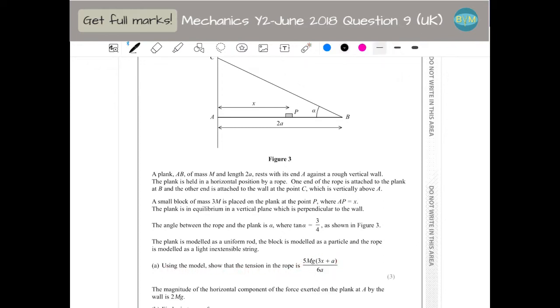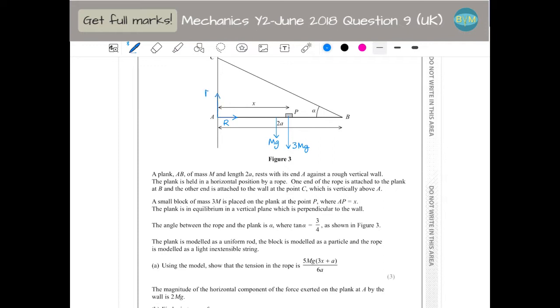First of all, like all of these questions, draw all the forces that you have acting on the plank. On the plank you have its own weight in the middle. Let's say this is the middle, it is mg. Then you have this block, which is 3mg. Then you have the normal reaction from the wall, pointing that way. I'm going to call it R. You have friction,